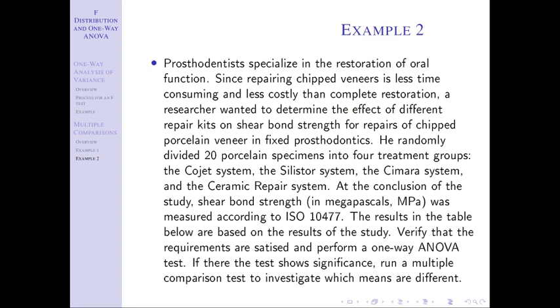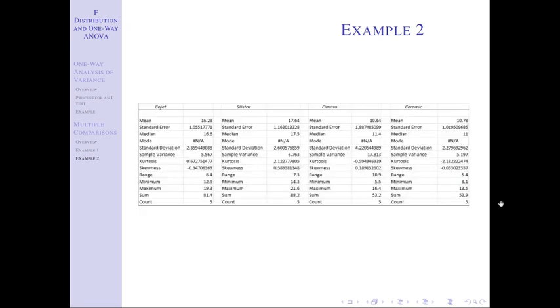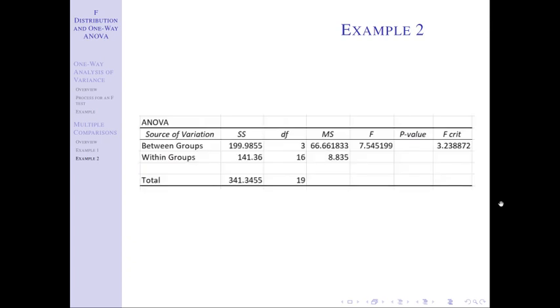Our next example, lots of words here. The key is that we divided a bunch of things into four different treatment groups, and we're trying to see, are any of the means different? Okay, and again, you see the data below that and our output from Excel given here. Notice in the slides I do not have it, but in your notes you see those QQ